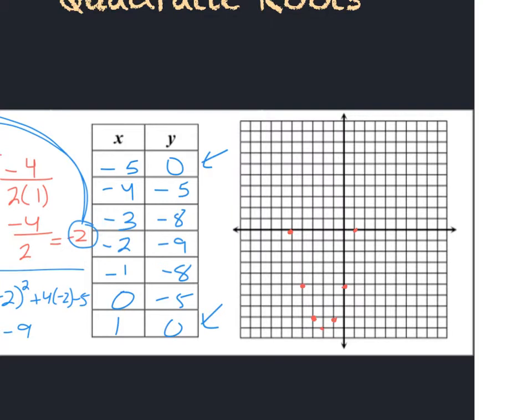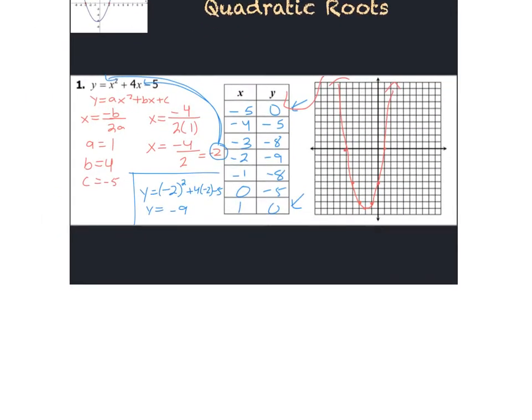This graph crosses the x-axis at 2 points. There are 2 quadratic roots. Now let's go ahead and label and identify our quadratic roots. So our solutions are going to be,